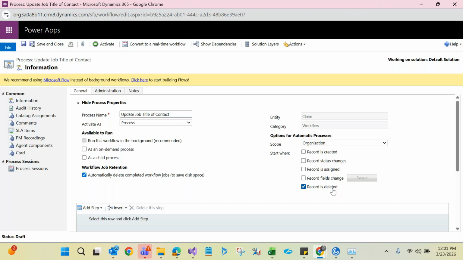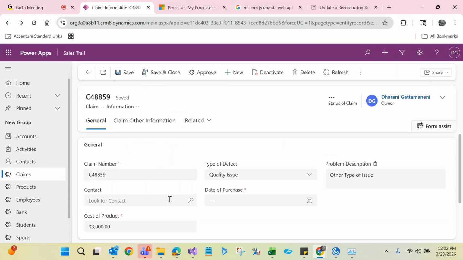For Record our field change. Okay, any other guess? For our requirement, which trigger point we need to choose? Field change. Very good. We need to go for record field change only, because when I change the contact, let's